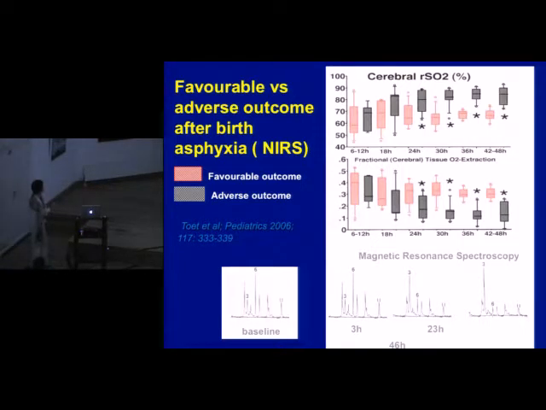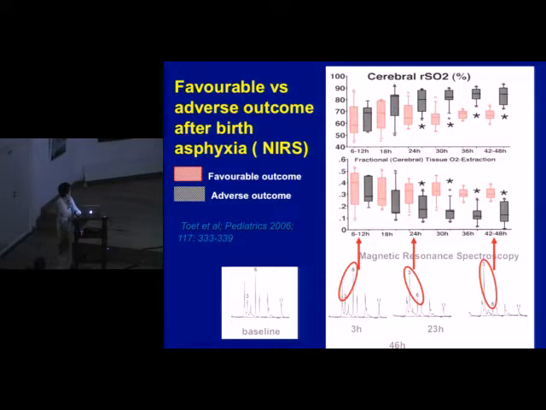So another way of looking at outcome in terms of early prognosis is what was already mentioned here: near-infrared spectroscopy. You look at the cerebral saturation, and you see in babies that are very encephalopathic that the saturation of the brain, so the mixed venous saturation, is going up after 24 hours. In the babies who do badly, the saturation is going up after 24 hours. So that gives you an idea about prognosis as well. And here you see the MRS